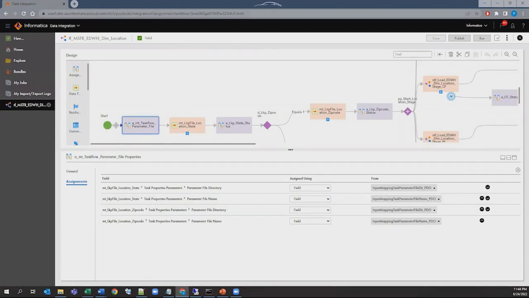how you implement that param set at the task flow level, and I covered both the scenarios: if there is any parameter that you use at the task flow level, you can use the parameter set, or if you want to pass the parameter file directory or the file name for any data task,